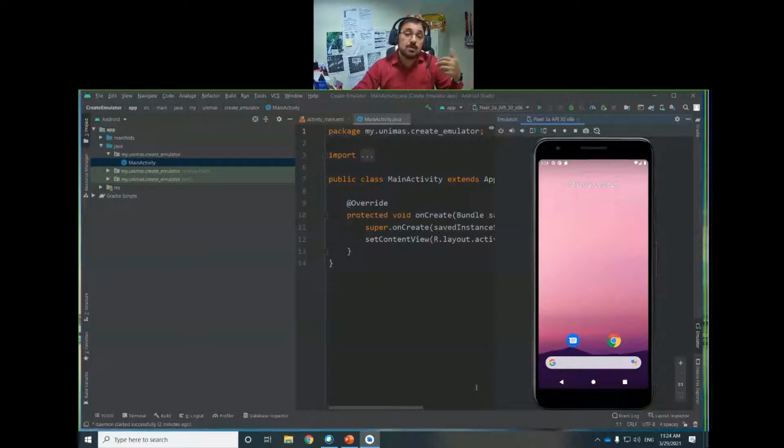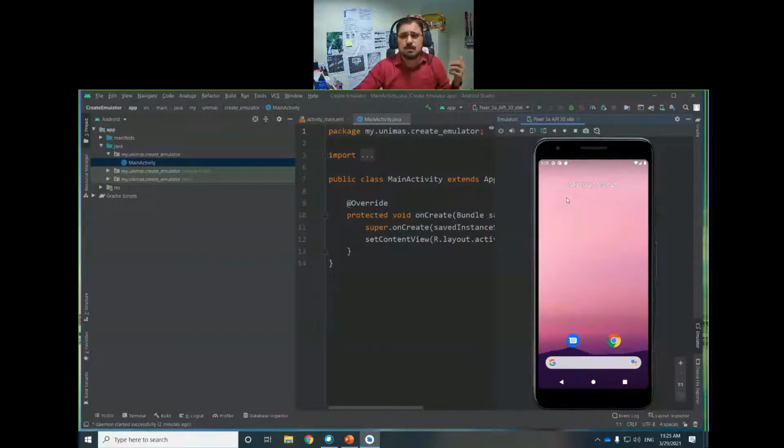If we don't want to install and test, especially during development time or learning time, every application, every project on a physical device, then this virtual device provides us the facility to test the app, to see its functionality and its user interface, everything.